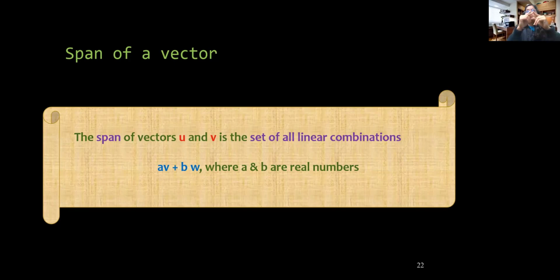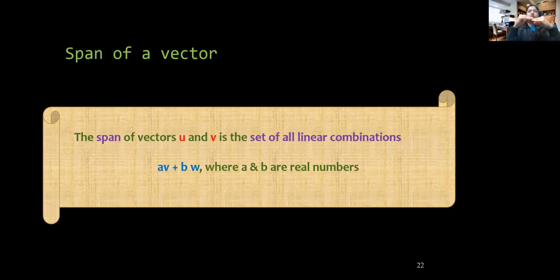Similarly, in 3 dimensions, if we are experimenting with the linear combination of two vectors, we can reach all the points in 3 dimensions. But in some cases, we can just get stuck on one particular plane, instead of the 3-dimensional space, this plane or this plane, whatever plane it is, right? Or maybe in some cases we can just get stuck on a line, or in the worst case, if we are starting with a 0 vector, we can just get stuck at the origin.